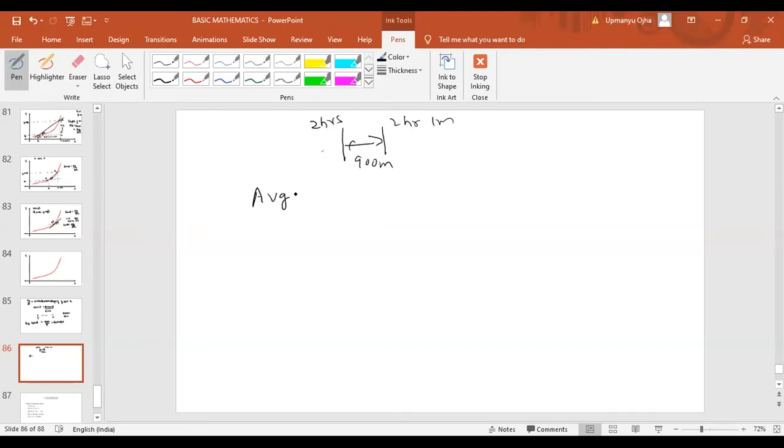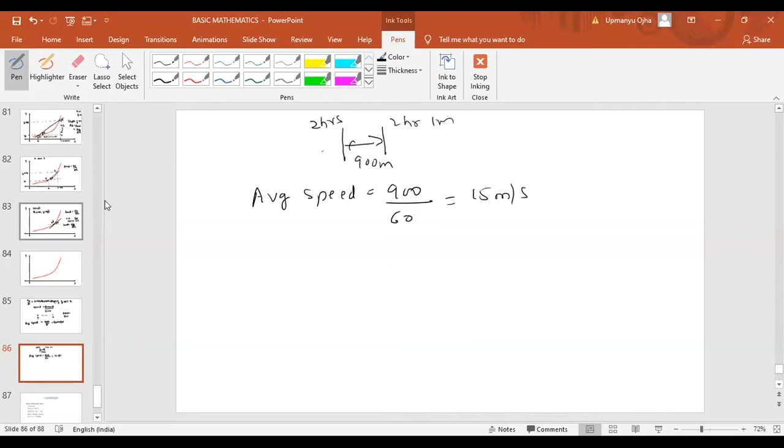Now, what is the average speed now? Again, the same formula we will use. Average speed will be equal to distance, that is 900 meters. Now, time is 1 minute. 1 minute means 60 seconds. So we get 15 meter per second. Now we can say that in 1 minute, from 2 hours to 2 hours 1 minute, the speed of the car was 15 meter per second, which means what I am doing here, I am reducing the